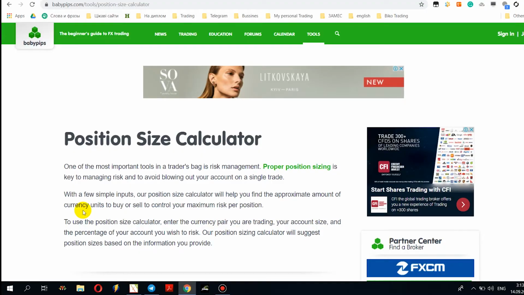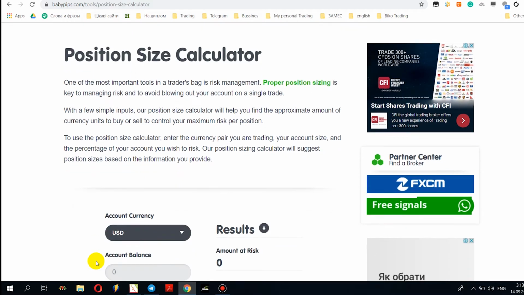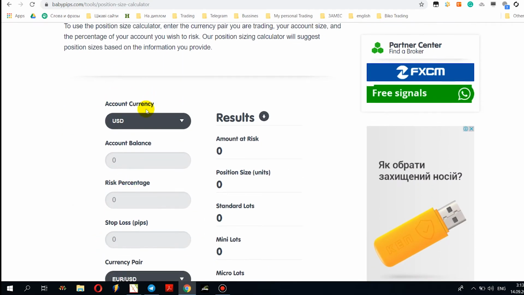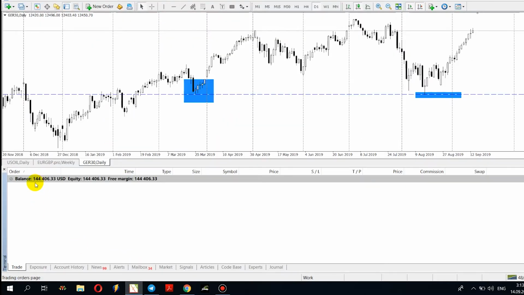I use 2 websites where we can count a lot size per position. First, it is babypips.com, as you see, a position size calculator. What we should do to count it properly. First step, choose your account currency. My account currency is United States dollars. Second, write your account balance. As you see, my account balance is